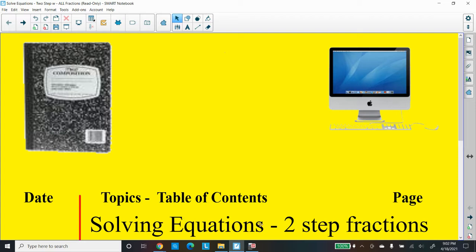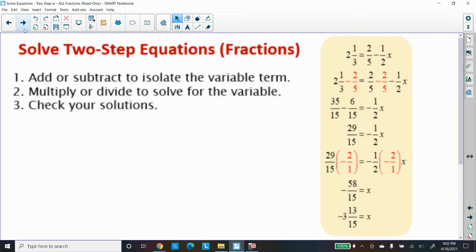This time we're solving equations that have two steps and a lot of fractions involved. So let's get into it. To solve two-step equations with fractions,